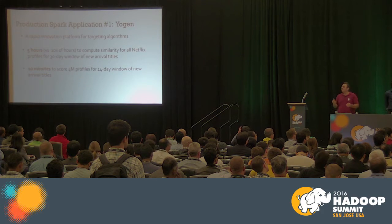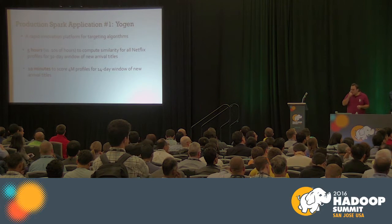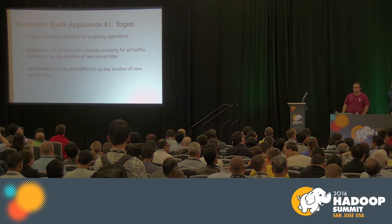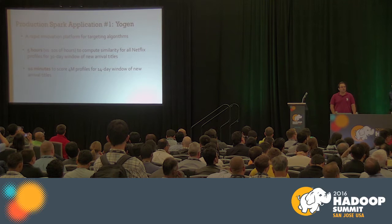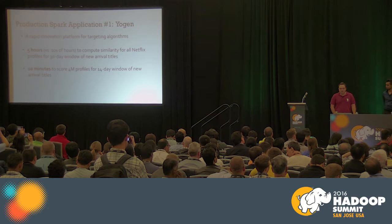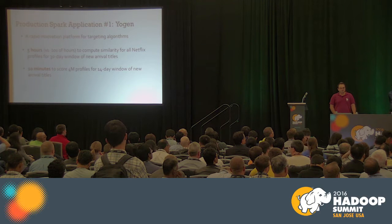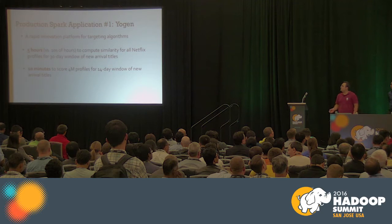So now that we have the tooling in place, various teams have started implementing new applications, and I would like to conclude this section with 2 of these production applications. The first application is Yogun, which the application owners define as a rapid innovation platform for targeting algorithms. So what this means is,